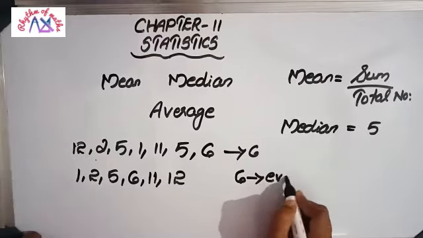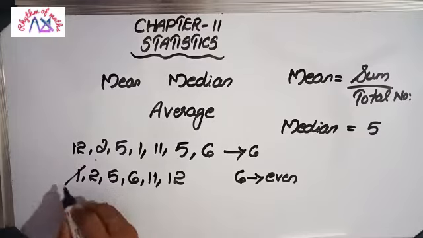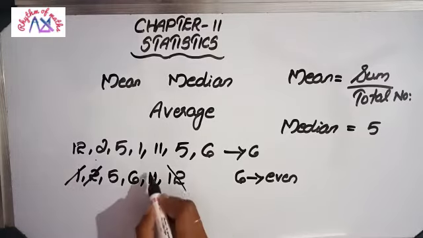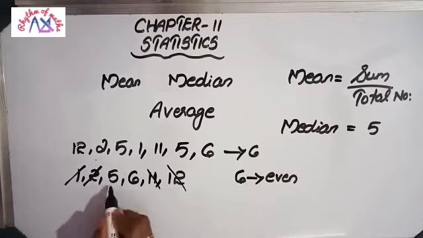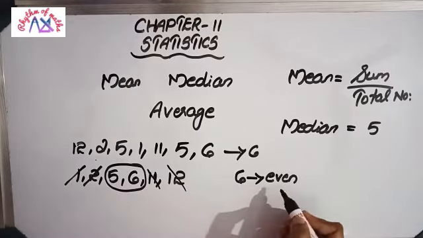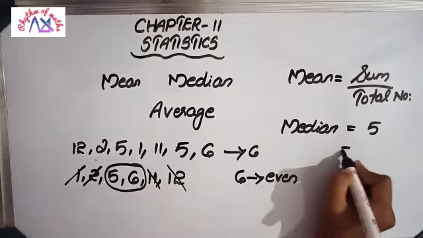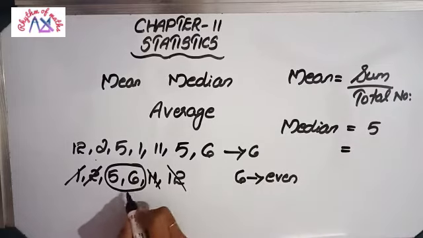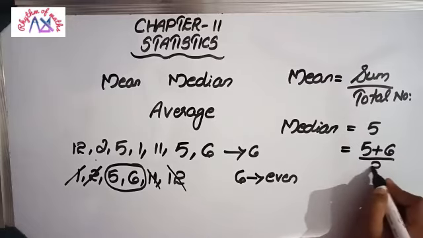Is 6 an odd number or an even number? It is an even number. That means when we cut from both sides, in the middle 2 numbers will remain. I will show you: 1 from here, 1 from here, 1 from here, 1 from here. If we cut these two, no number will remain, so stop there. So you will get 2 numbers. If the total number of observations is even, in the middle 2 numbers will be there. In that case, in order to find the median, you have to sum up these 2 numbers, that is 5 plus 6, then divide by 2.